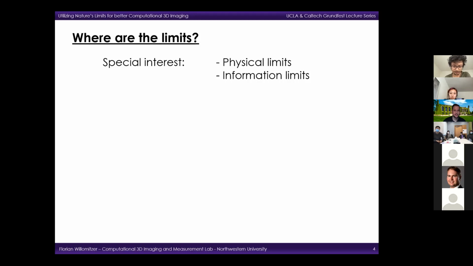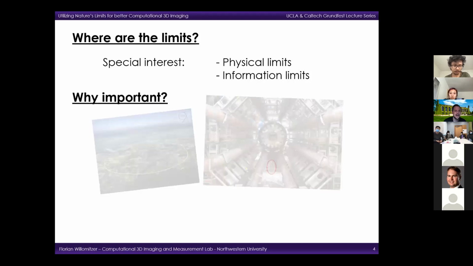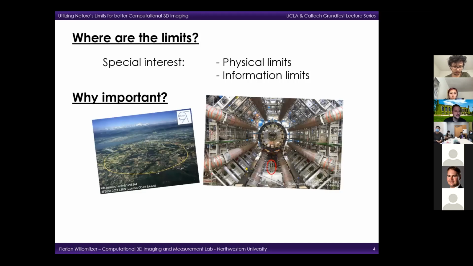Well, this is important because the knowledge about limits prevents us from making an unnecessary technical effort to build an impossible machine. And I have an extreme example for you. So think about the CERN particle accelerator. This is an incredibly complex machine. And you do not want to invest money and effort in such a machine if you know that what you're trying to show with this machine at the end is physically not possible.